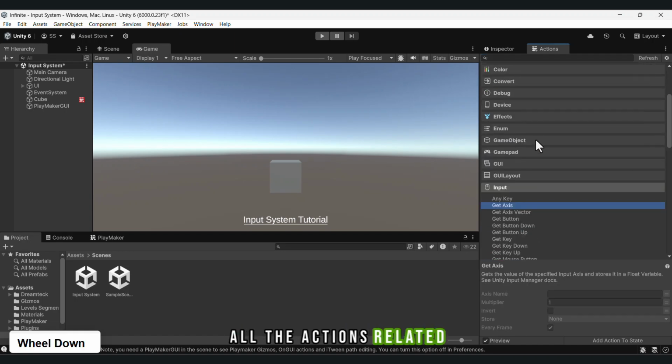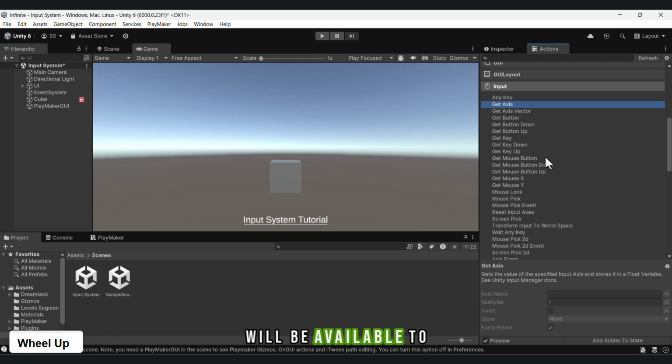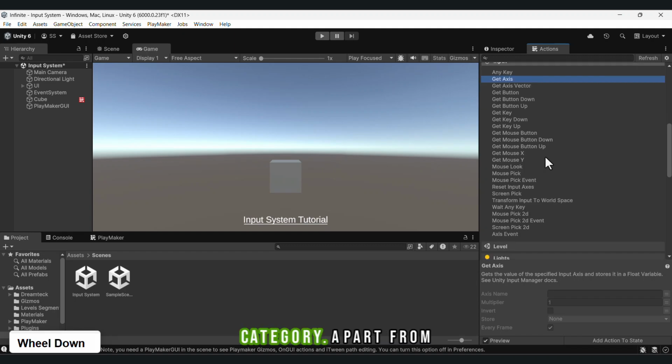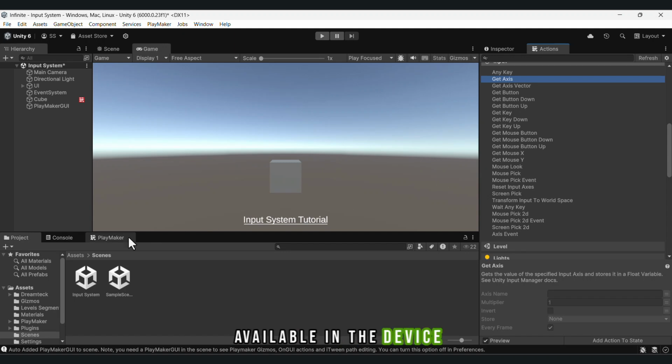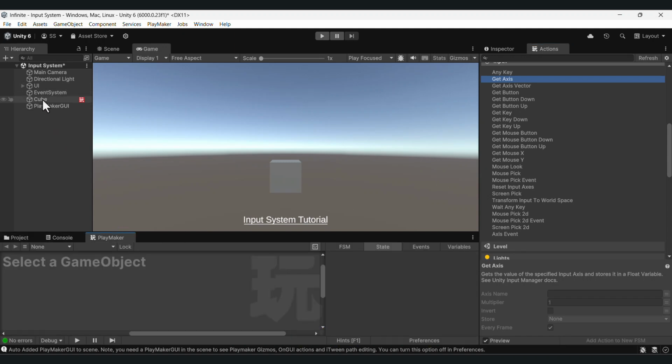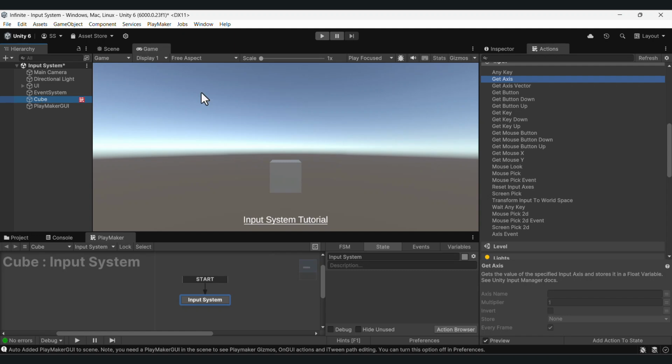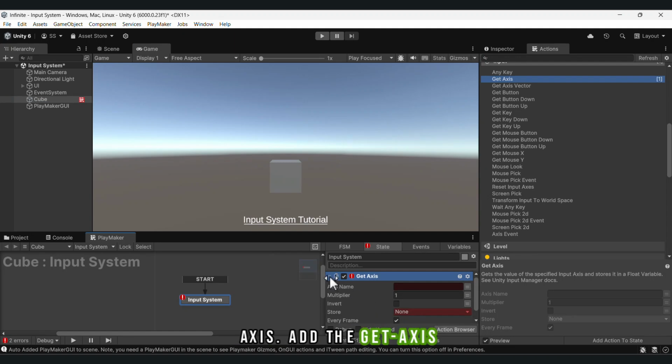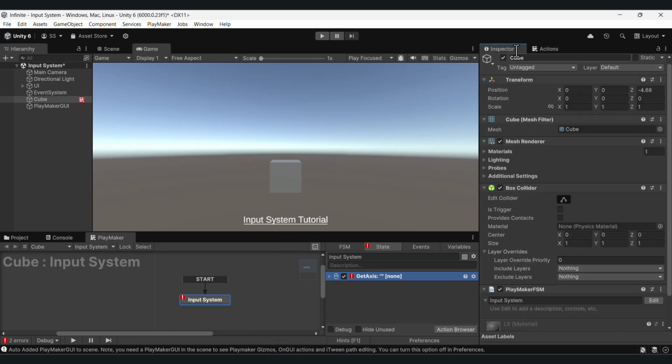All the actions related to the old input system will be available to you in the input category. Apart from this, touch-related input actions will be available in the device category. So, let's first learn how to use the old system and how it works. As an example, we will move this cube with the arrow keys on our keyboard on the x-axis. Add the get axis action in the state,